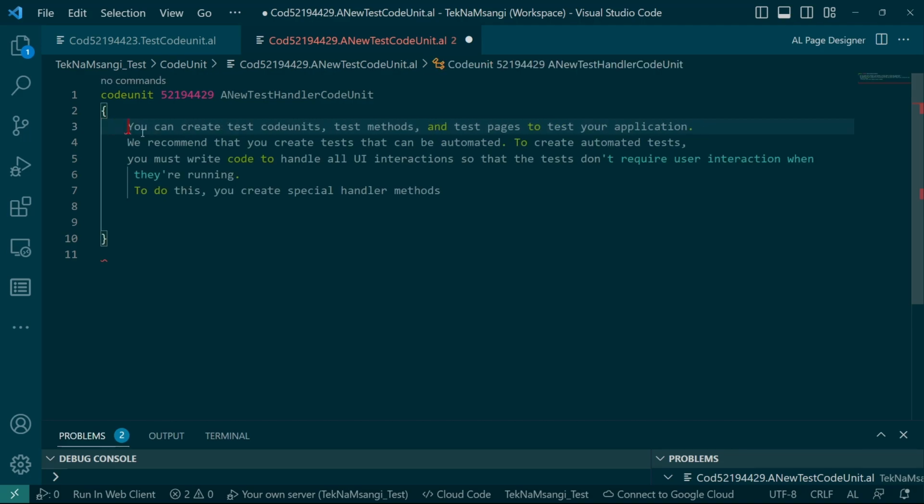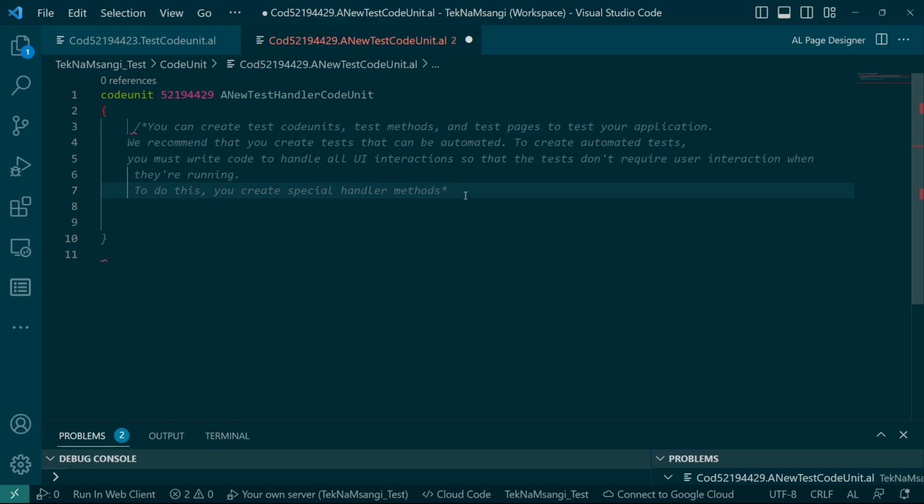We have different handler methods. We have the confirm handler, the page handler. I'll share a link to the different handler methods that are there. Message handler, request page handler, and then the report handler, page model handler, and several others. So these are interactions that when you use a method that handles it on your behalf, the test is automatically